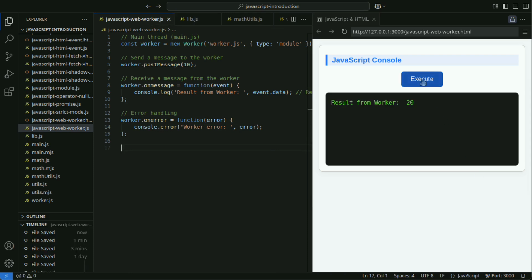By specifying type module in the argument of new Worker, you can treat the worker as an ES module and use the import syntax.